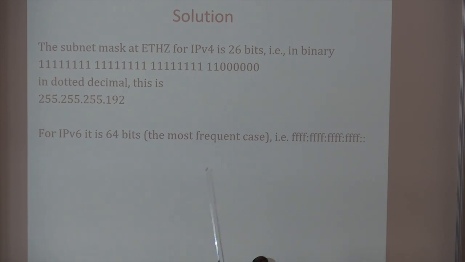The first bit means 128. The second bit means 64. The others are 0, so it's 128 plus 64, which is 192. Admittedly, it's a bit awkward, but this is how it's done. So this is the subnet mask at ETH. Voilà, that's the end of this module. Without further ado, we move